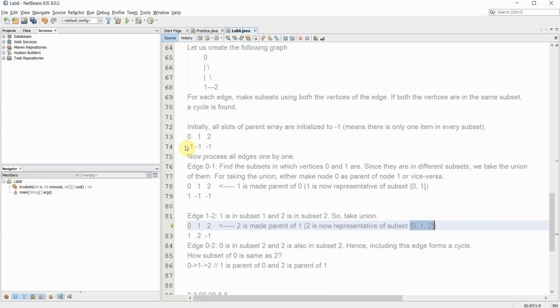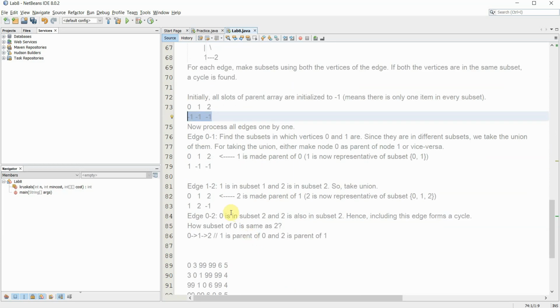In the union find algorithm, there is a parent array in which all the values are initialized to -1. I mean, in our Java implementation, we initialize it to 0. Okay, we'll look at that. This is just an example I'm taking. As and when you process an edge, add the vertices to the representative subset. If both vertices you are considering are present in the same representative subset, then don't include that edge, because including that edge forms a cycle. Okay, so that is how the union find algorithm works.